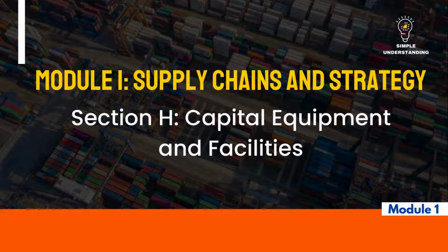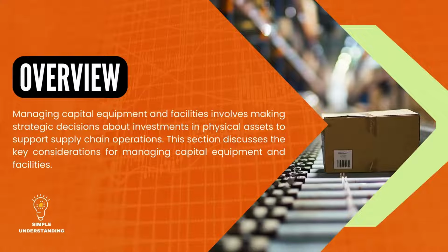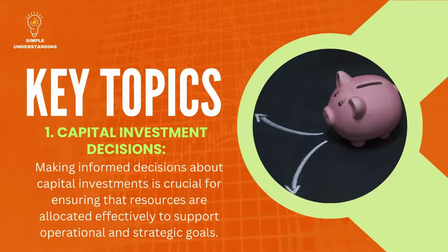Let's continue with Section H, Capital Equipment and Facilities. Overview. Managing capital equipment and facilities involves making strategic decisions about investments in physical assets to support supply chain operations. This section discusses the key considerations for managing capital equipment and facilities. Key topics. 1. Capital investment decisions. Making informed decisions about capital investments is crucial for ensuring that resources are allocated effectively to support operational and strategic